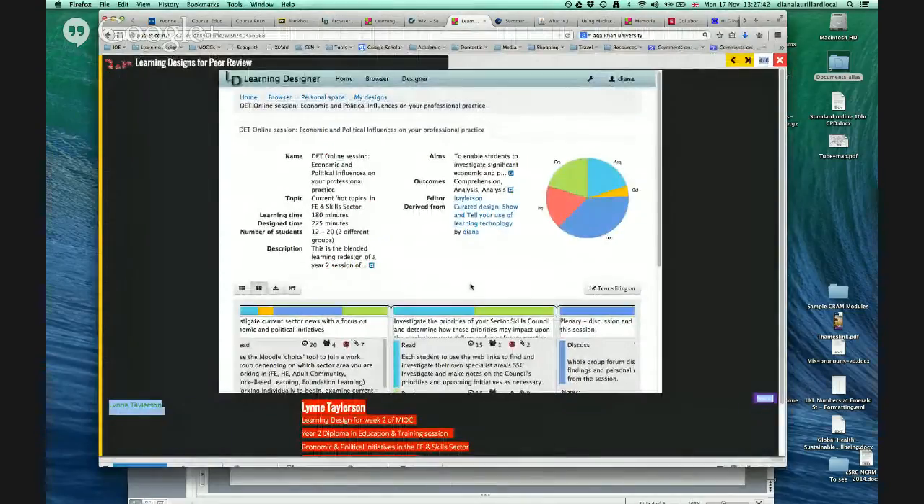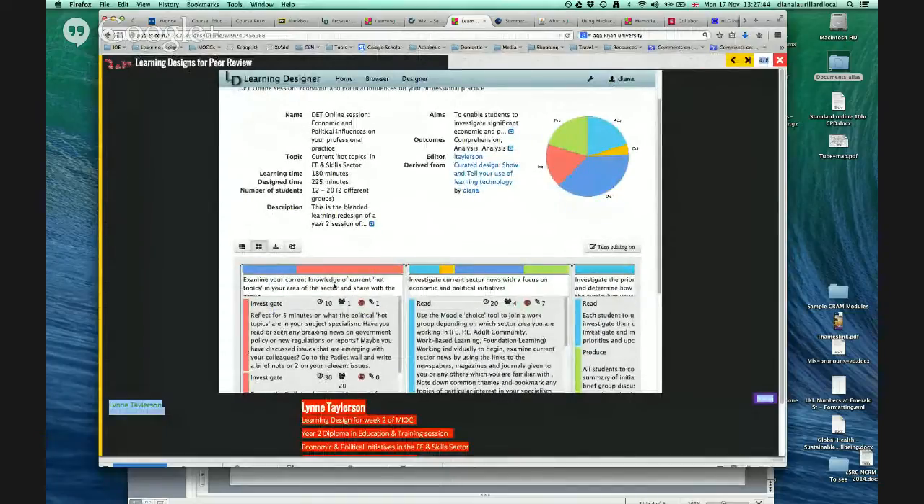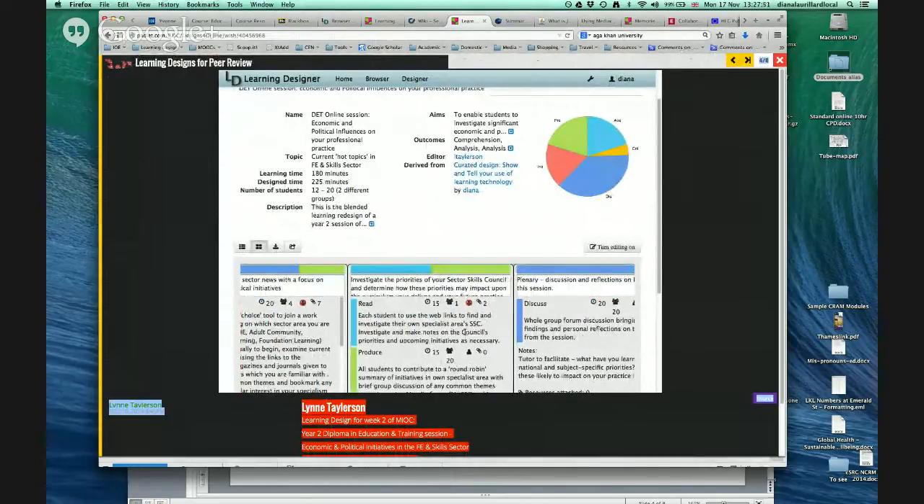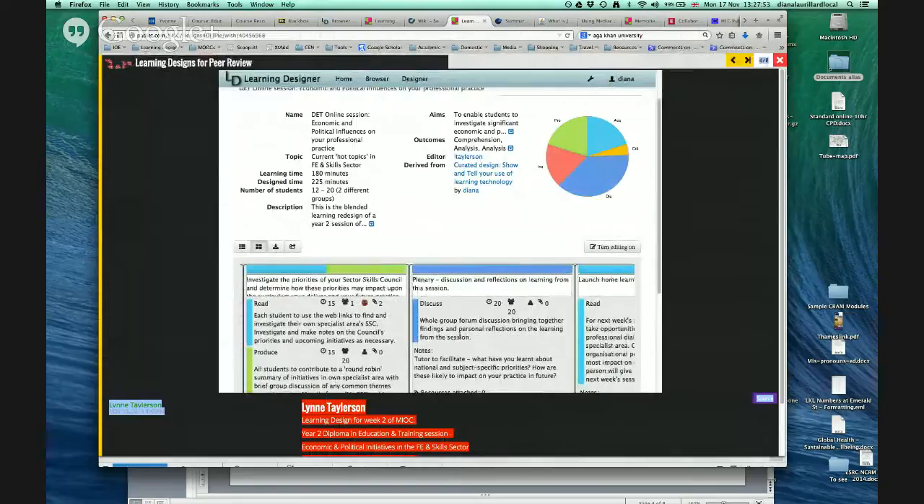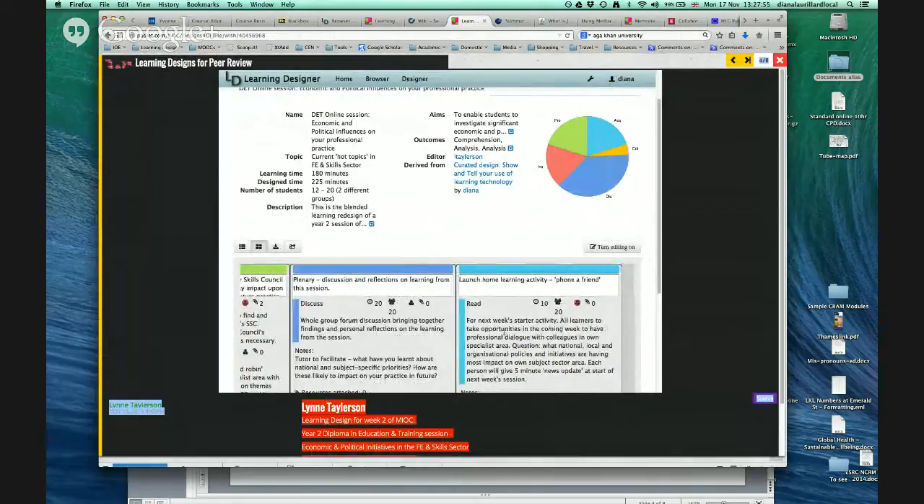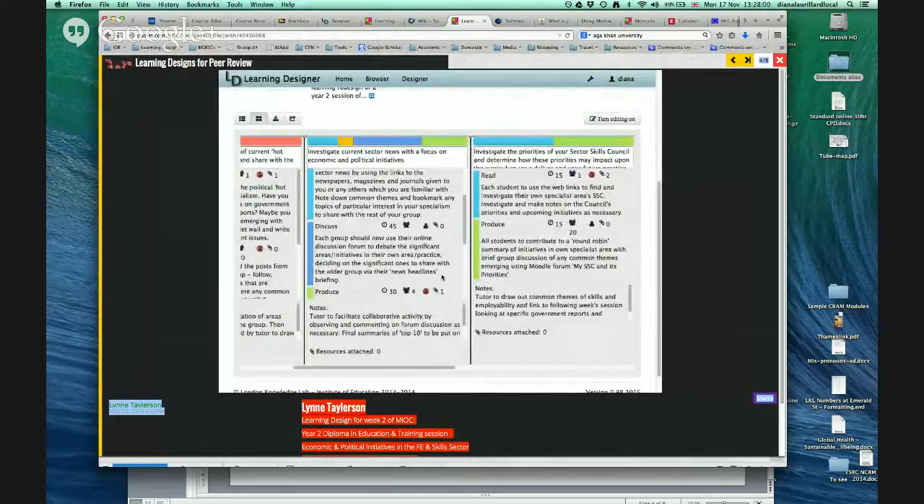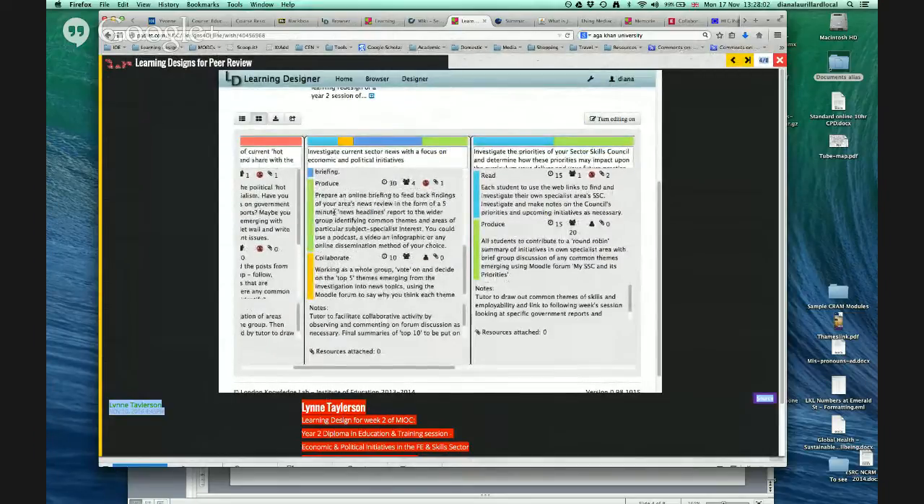So looking at these, they're examining their knowledge of current hot topics, then investigating the current news sector, then looking at the priorities in the Sector Skills Council, then having a plenary discussion, and then launching a home learning activity as well. But buried in here is an activity where they prepare an online briefing to feed back findings of their area's news review in the form of a 5-minute news headline report to the wider group, identifying common